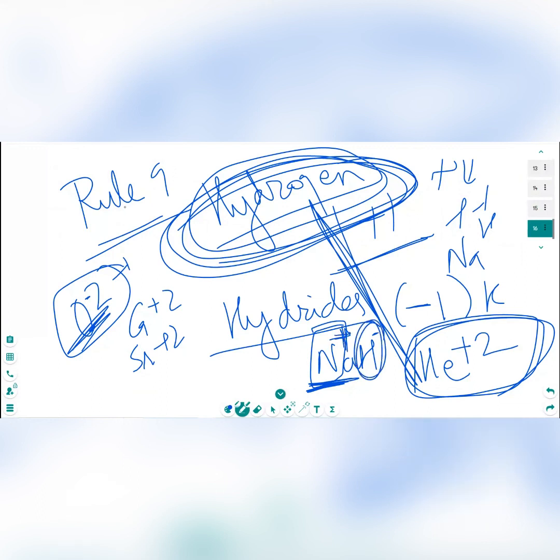So what will hydrogen do? Then hydrogen takes the hydride state, that is -1. That's the only exception in this. Or you can say KH, potassium hydride, sodium hydride. These are hydrides. And the last rule, let's complete these rules and then we'll finish the class. So rule number 10, the last rule, says